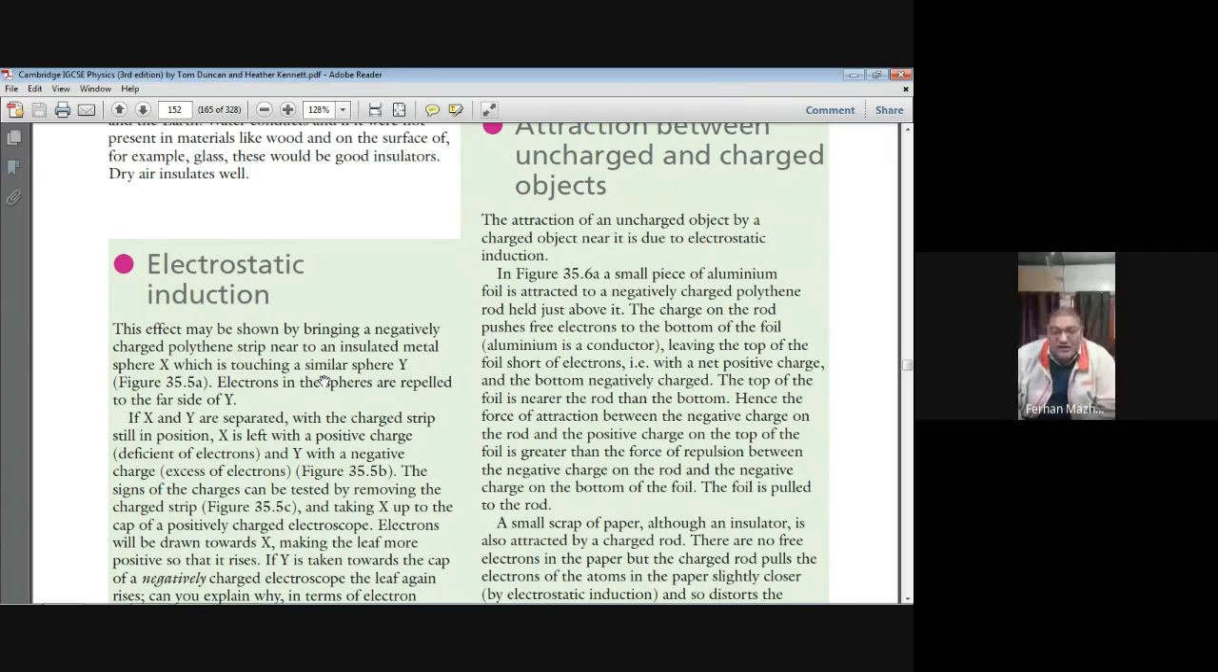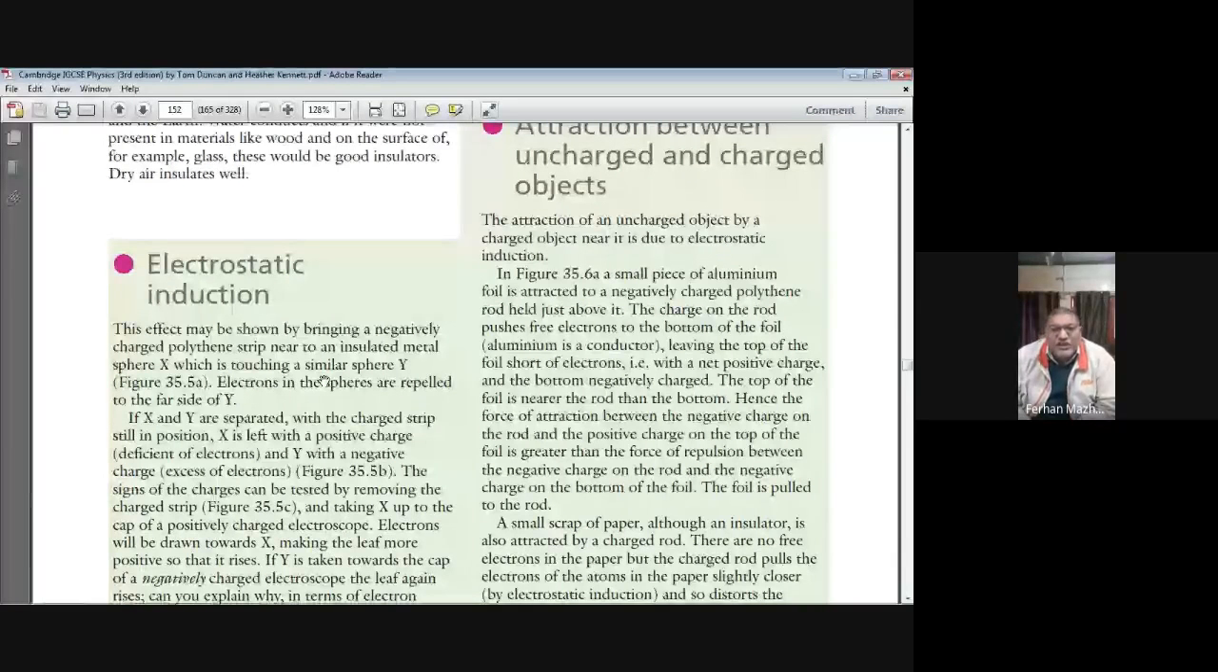The pieces of paper are basically neutral. And the paper is basically an insulator. It does not have free electrons. So why is that paper being attracted to a positively charged rod? The reason is very simple. You see, when you bring a positively charged rod near those papers, which are insulator, which are neutral, the electrostatic force of attraction,